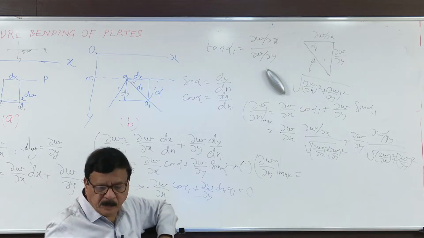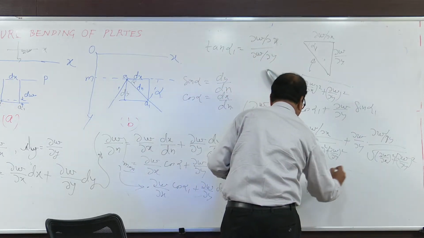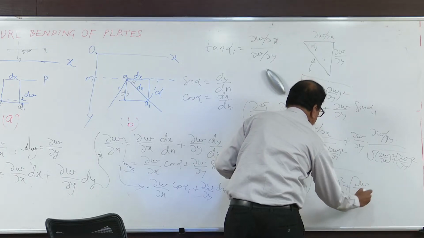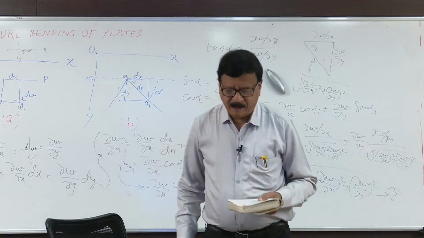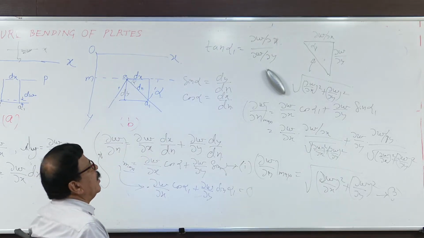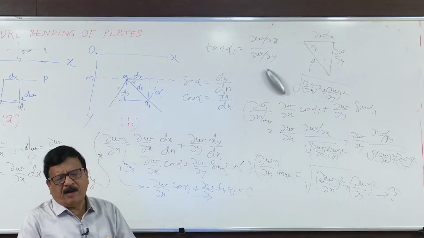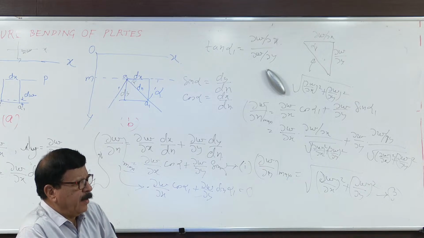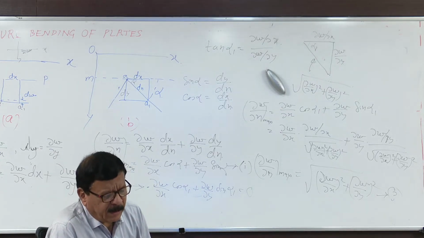Under root of del w upon del x square minus del... so a negative will come. So we take one term negative. For the value, negative or positive sign is not needed. Sometimes if you consider the absolute value, you need not take the sign, you can avoid the sign. You want the value, and so you can write. So by setting,